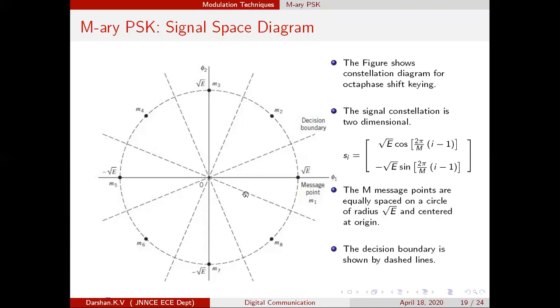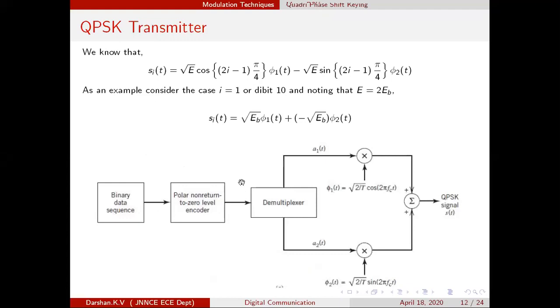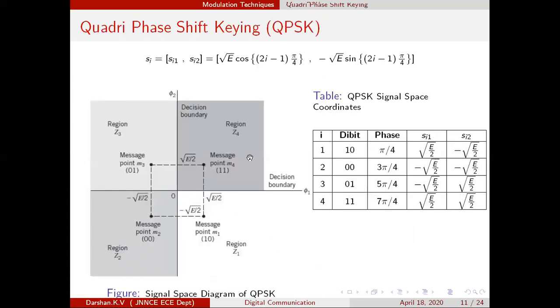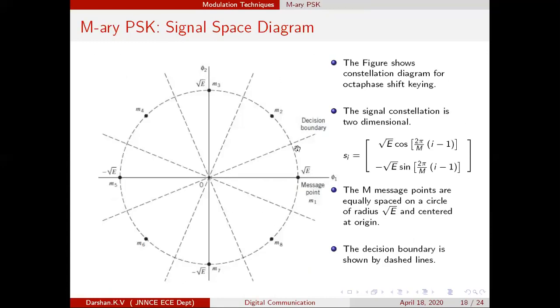Even the square constellation is also symmetrical. A square constellation, as an example, is the QPSK. If you compute the probability of error for message 1, the same formula could be used for message 4, message 3 and message 2. That is the advantage of a symmetrical constellation. This is the constellation for QPSK. Now let us concentrate over here. The vector format is also being shown, and the coordinates have also been shown.